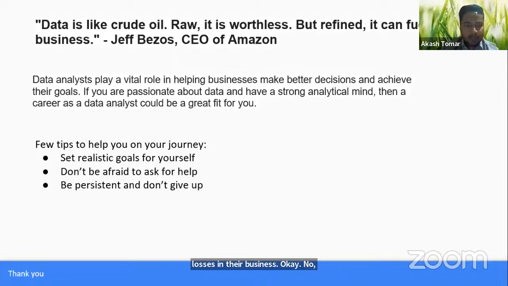Now my last piece of advice is that data analyst is a good profile, but choose based on your interest. If you feel good while interacting with the data, if you feel good while doing all this stuff, then pursue the data analyst profile. Data analyst is a very good profile, but not the only profile. Okay. So if you are choosing the data analyst profile, there are a few tips.